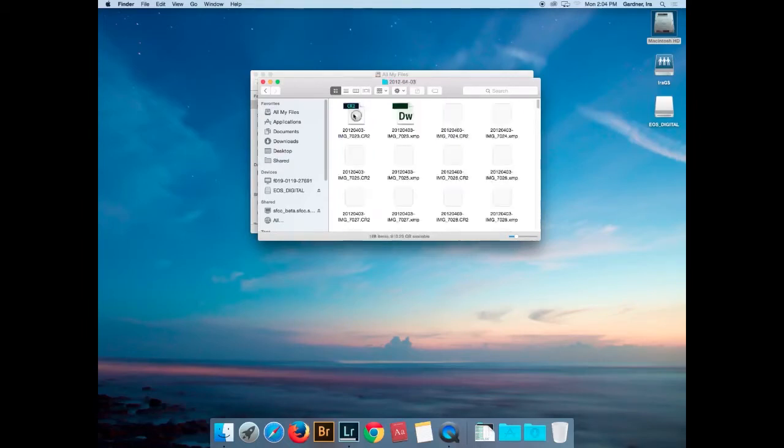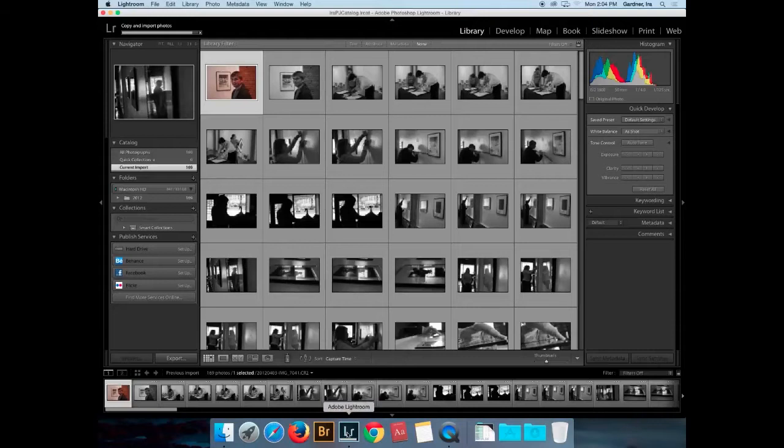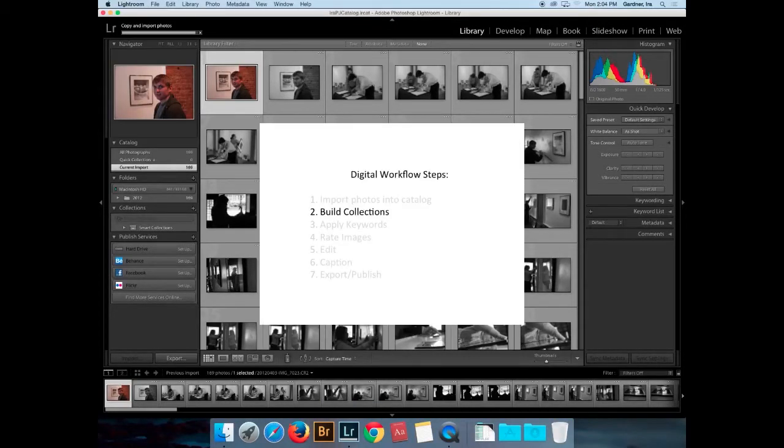Yep, I do. I got XMP files in here for every one of these. So as it imported it in, it separates out the metadata and puts it in a sidecar file. So that is the one advantage to converting to DNG, is I wouldn't have that duplication of multiple files there. So now I have my images in here, and